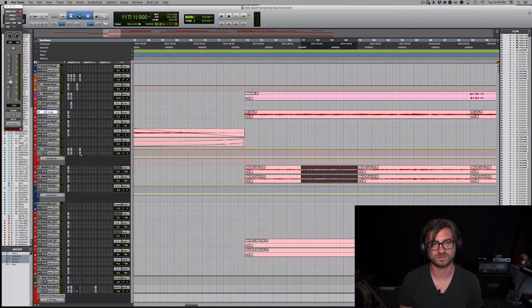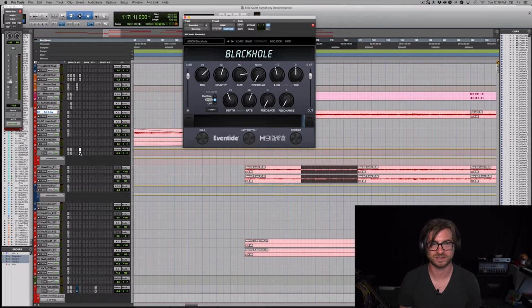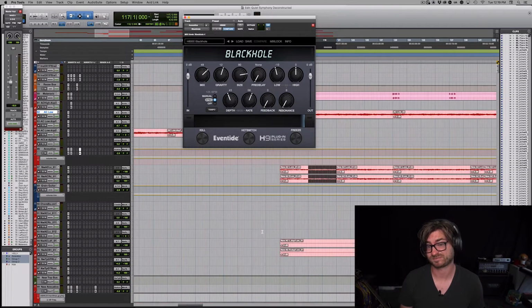And then they're both going through independent acoustic buses. But reverb-wise, there's a black hole. And I actually have this directly on the channel as opposed to putting it on a send. And I don't have a reason for why I did that. I just did that. So